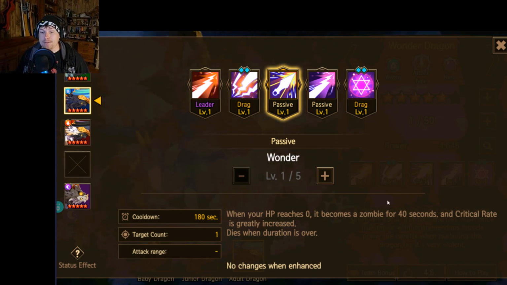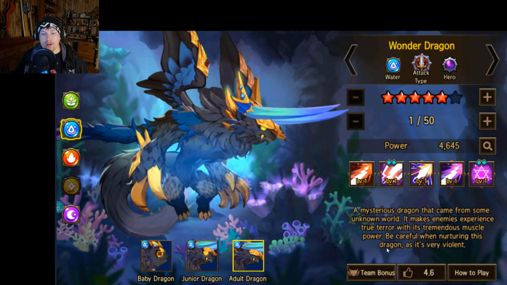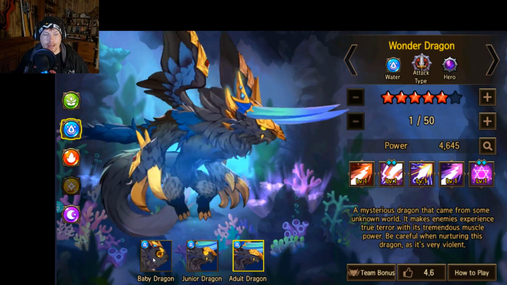So you have a kind of an impervious tank that just does crazy damage. So yeah, proportional to your crit damage there. So we'll go take a look at kind of a rune combination you can do for this guy, and also